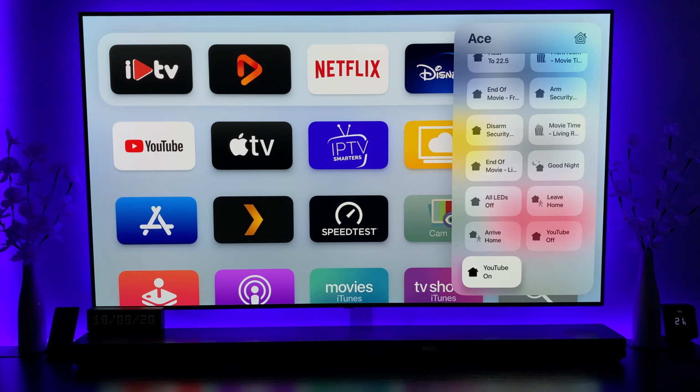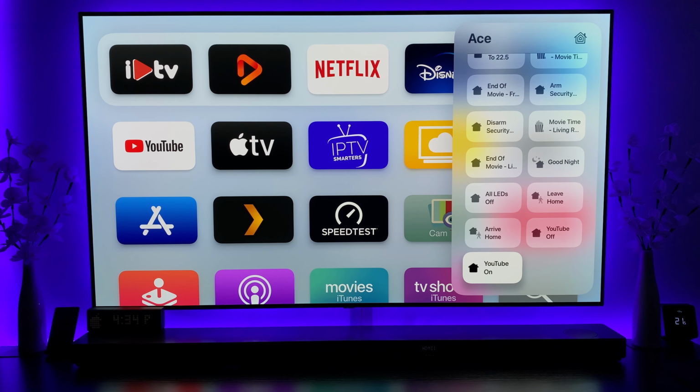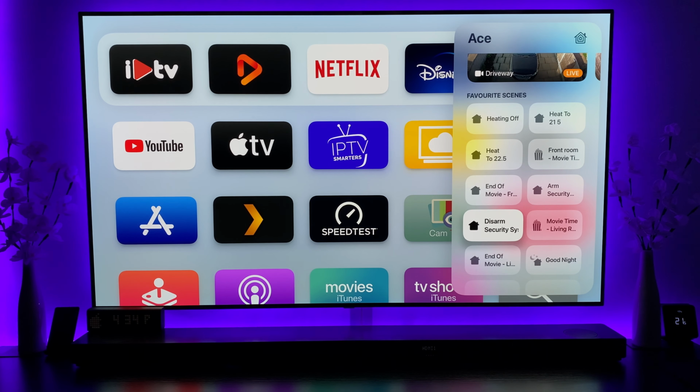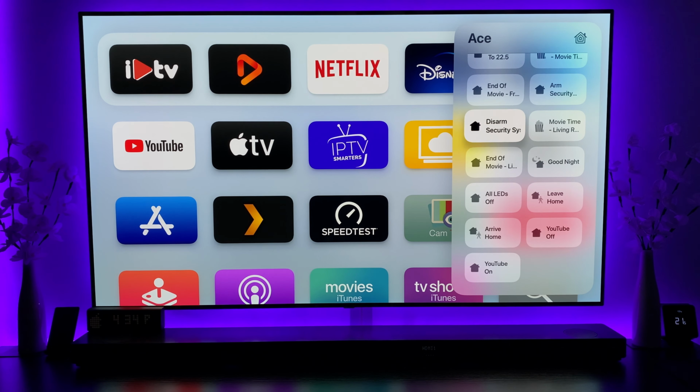Okay, so unfortunately with the public release, as I was kind of expecting, because we'd not seen it in any of the previous versions, we only get scene selection. We don't get access to our devices, so there's no actual functionality in terms of just being able to go in and turn lights on and off, or do anything that you would want to do without the use of